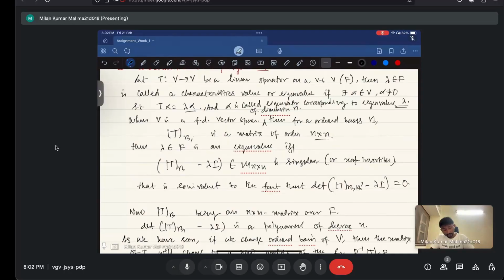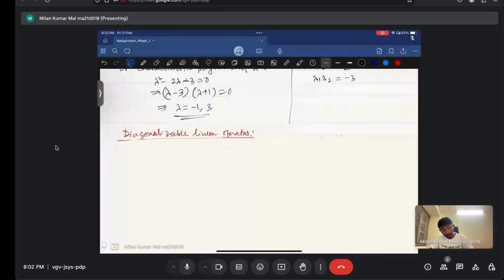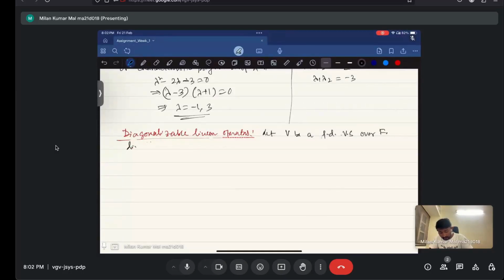So we can keep whatever we are writing: let V be a finite dimensional vector space over a field F with dimension of V equal to n. Let T from V to V be a linear operator,